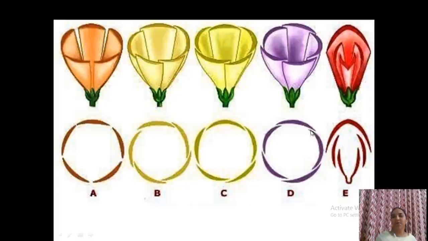See here, what is the condition? Two petals, this petal and this petal, are completely in. What about the others? Two petals are completely out. Then one petal is in and out. What is the aestivation? Quincuncial aestivation. Clear? One, two completely in. One, two completely out. What about this one? In and out, one side in, one side out. This is a quincuncial aestivation.